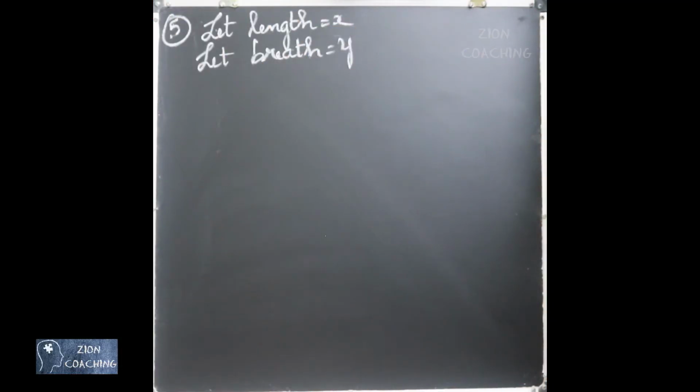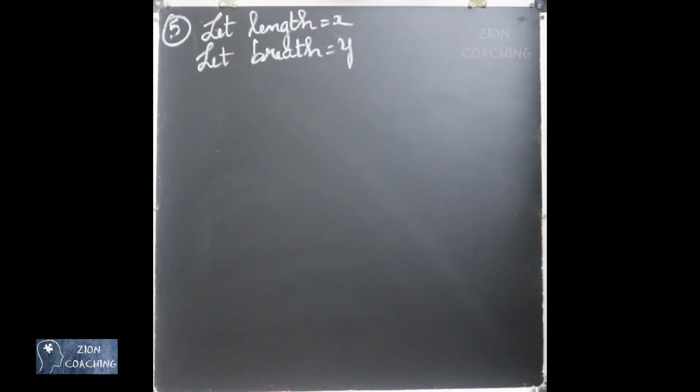Now there is a situation given in question number 5. They are telling half the perimeter of a rectangular garden. So we are discussing a rectangular garden and we have to find the dimensions. So let us take the length to be x and let the breadth be y. They are telling half the perimeter of a rectangular garden whose length is 4 more than its width is 36